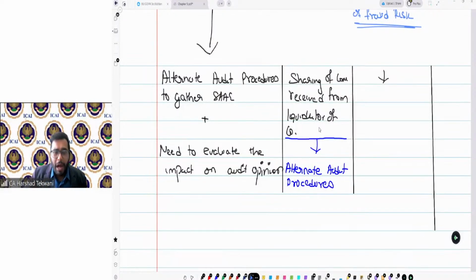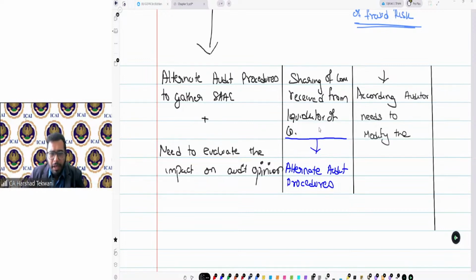And accordingly, the auditor needs to modify the nature, timing, and extent of audit procedures.